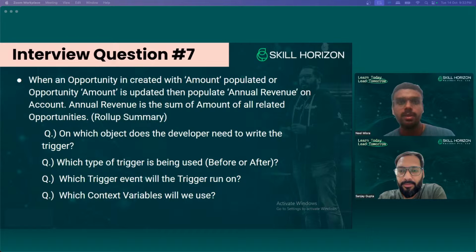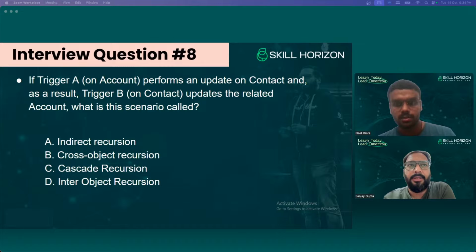This is a tricky question, and in most interviews they will be asking you about the recursion situation. So just try to answer what you think about this. We can use this as an example when we are asked about recursion. When the interviewer asks, can you demonstrate, can you tell one real time example? You can change the objects, because these are standard objects, so you can enhance this example. But if one object is doing an update on another object and that object is doing an update for the previous one, there comes recursion in place.